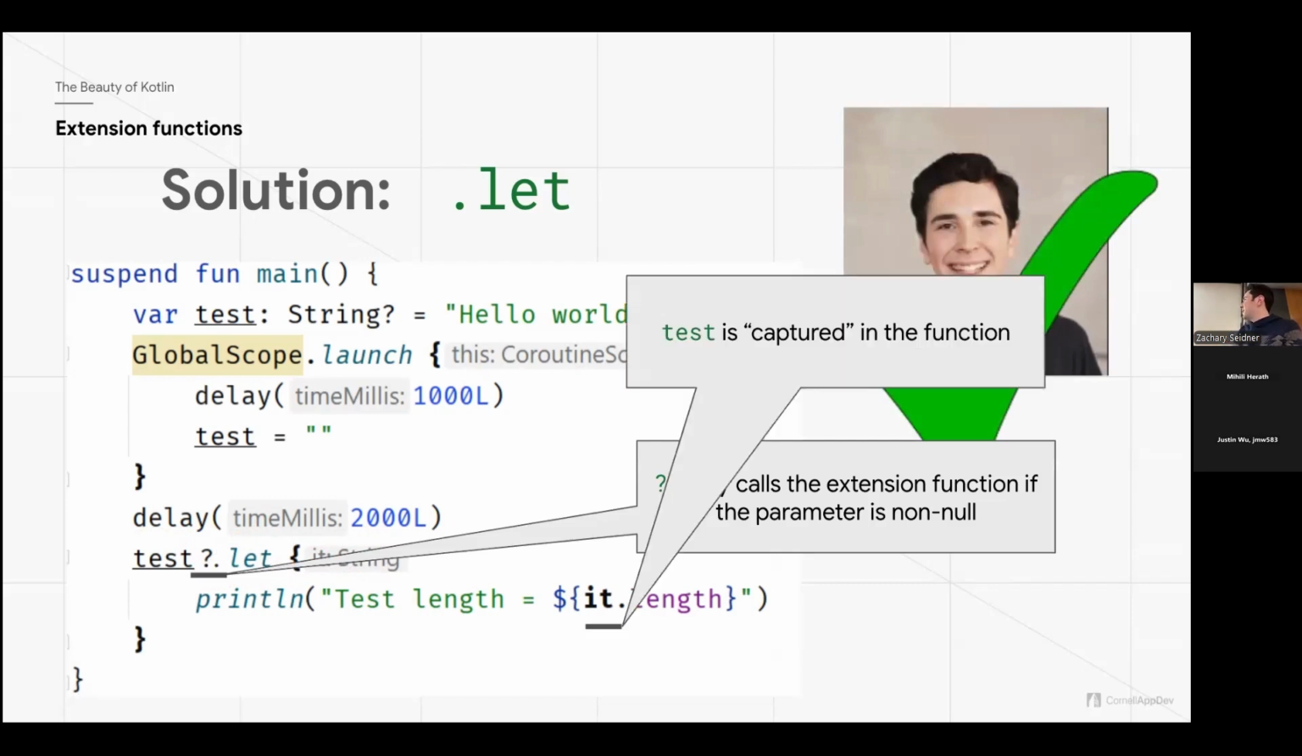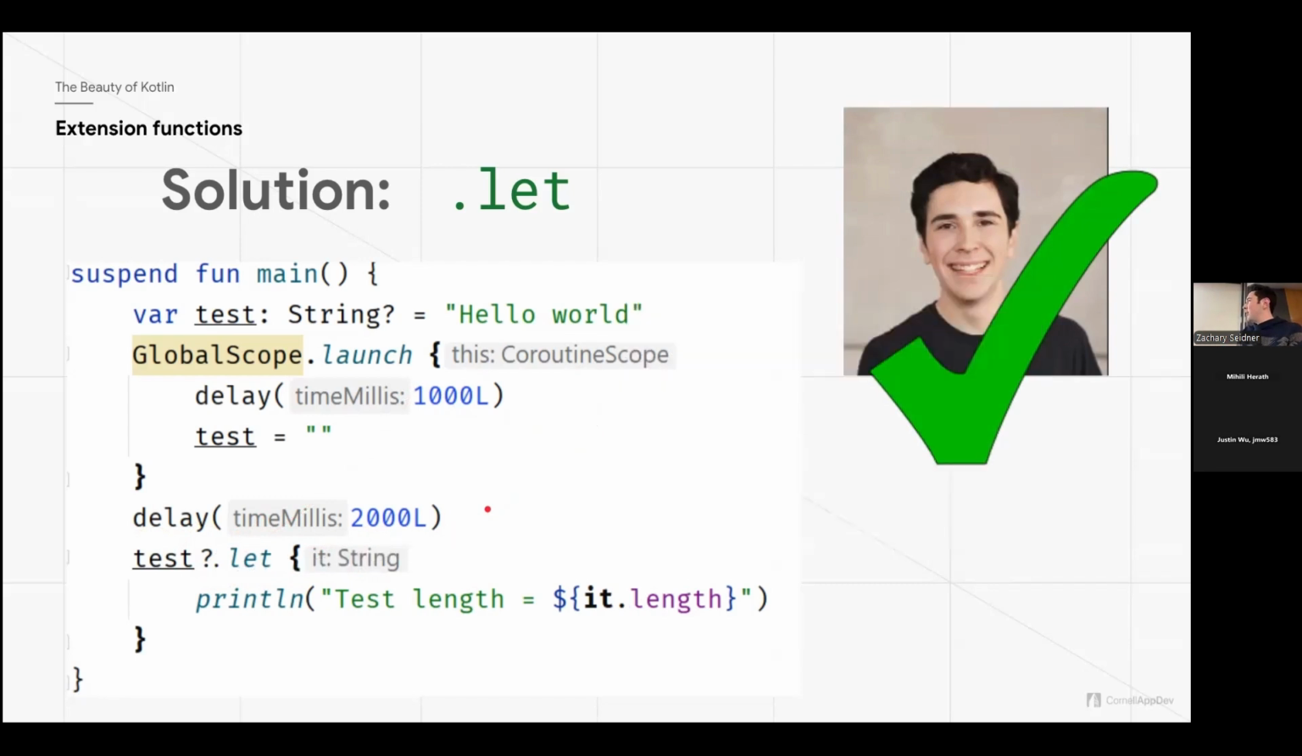We already talked about this, but the interesting thing is that the value of test is captured in the function. What does that mean? Remember that we're specifying a behavior. So it is actually not the same thing as test. This definitely gets a bit confusing, but even if we did somehow put a delay in here,